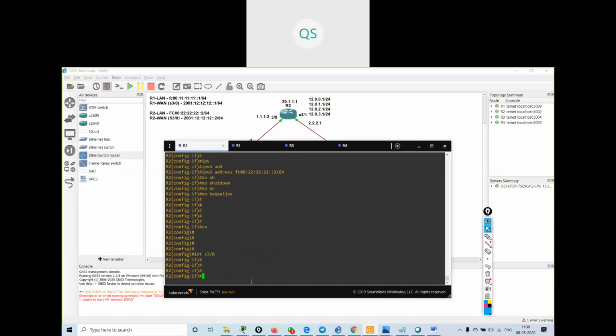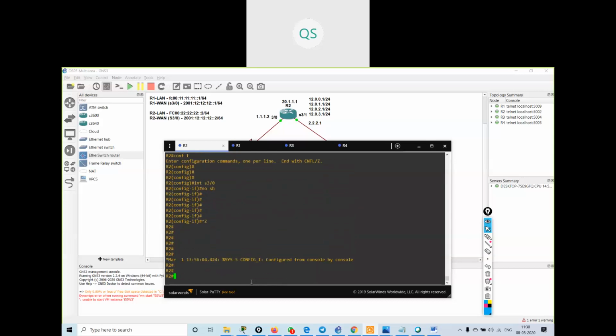I will say IPv6 address 2001:12:12::2/64. Okay, I've configured the IP addressing. I forgot to make the interface up. No shut. Okay, now my interface is up.